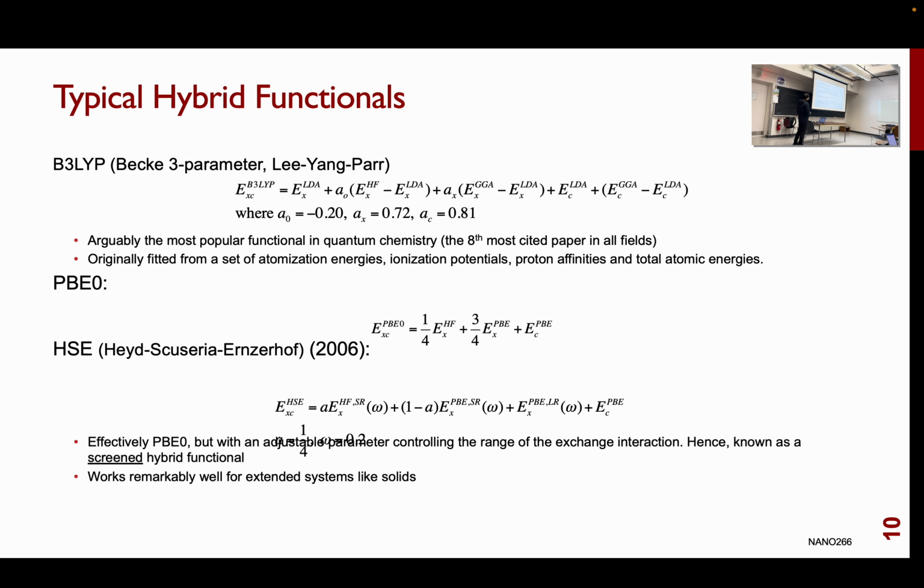given way to what is called the HSE functional. HSE stands for Heyd, Scuseria, and Ernzerhof, and it was developed in 2006. The difference between HSE and PBE0 is basically just that there is this range parameter. What the range parameter does is to say that I'm only going to deal with this Hartree-Fock exchange part within a certain short range, and I'm going to smoothly decrease that down to 0 within some distance. The reason for doing this is really just to reduce the cost of your calculations,